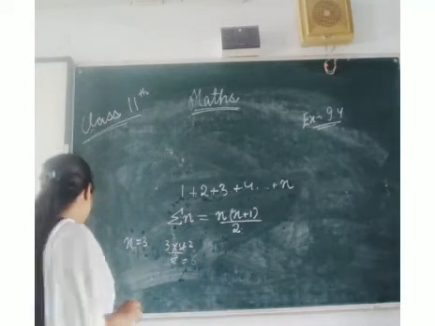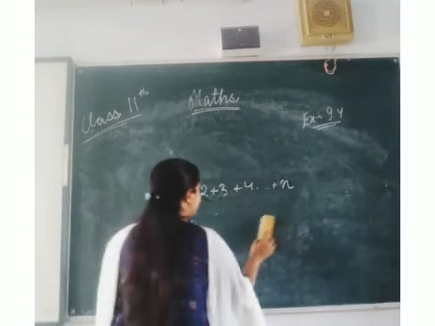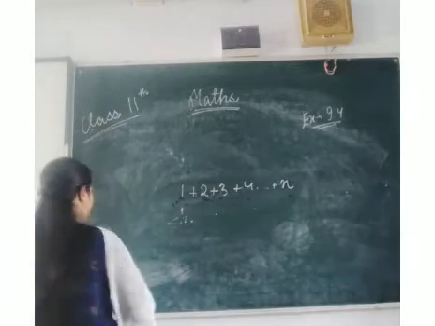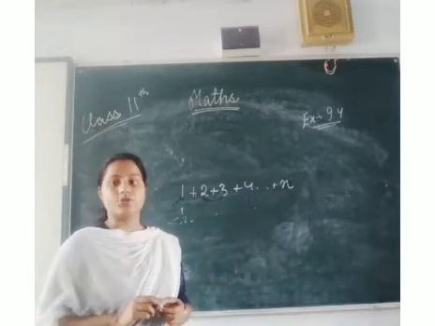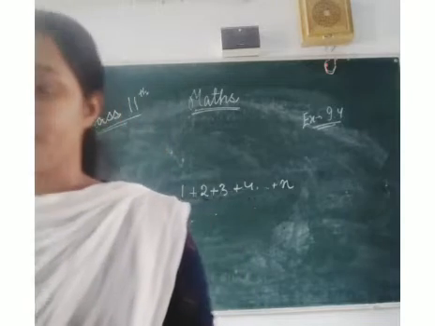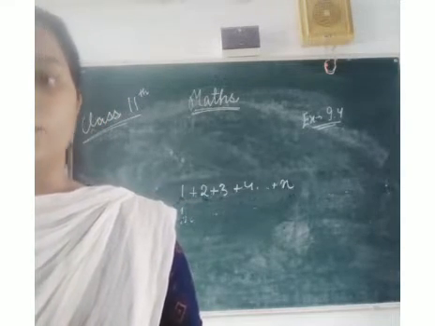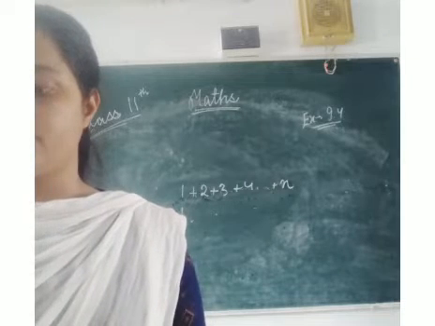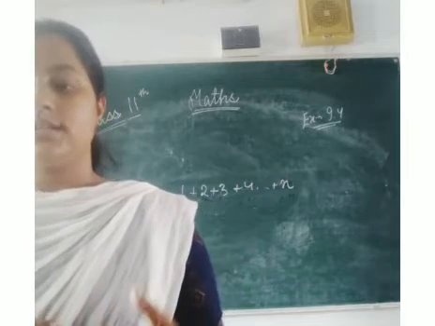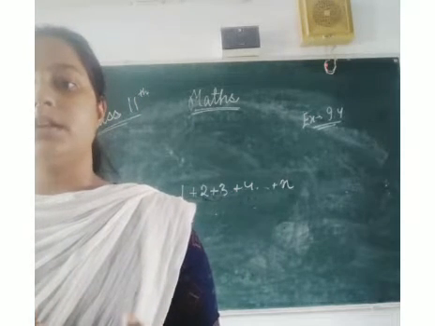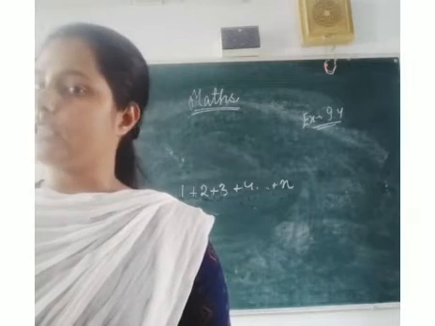Now let us suppose we have another series in which we have to find the sum of squares of n natural numbers. Sum of squares of the first n natural numbers, that is 1 square, 2 square, 3 square, 4 square and so on. Now what is the value of this? The value of n can be 12 or 13 or 25 or anything.